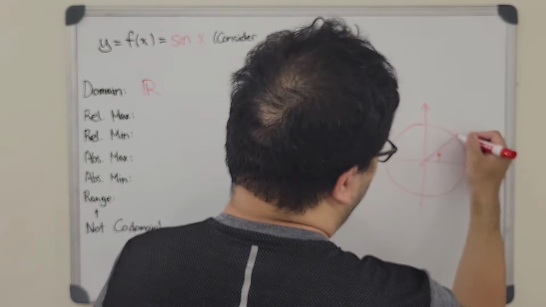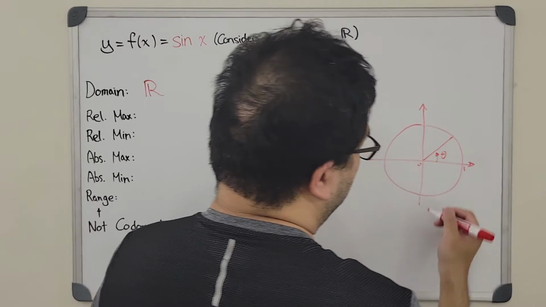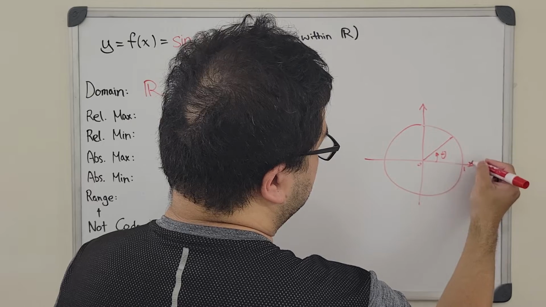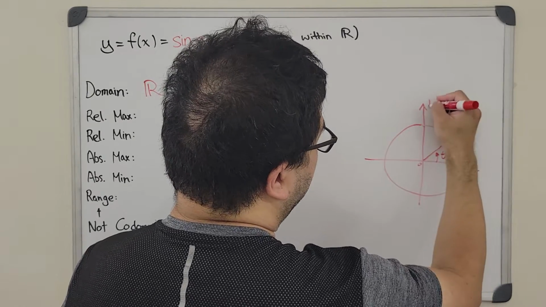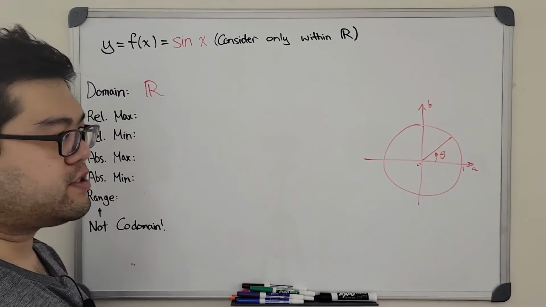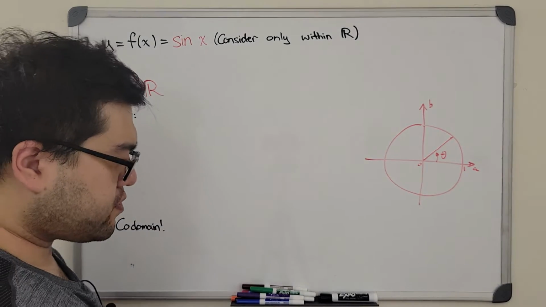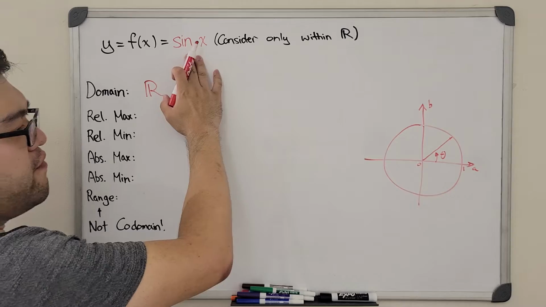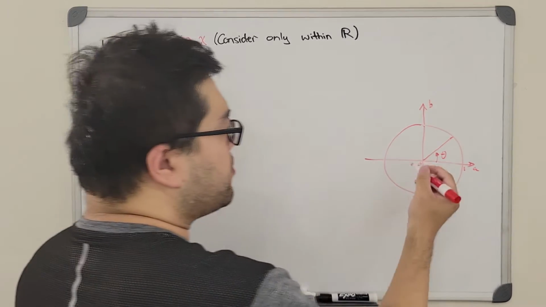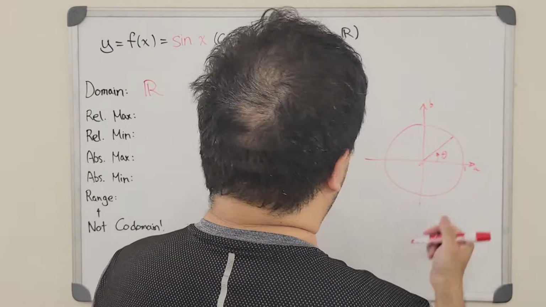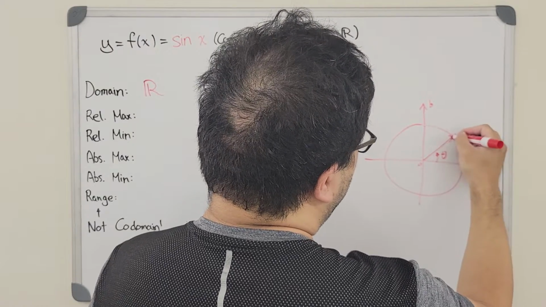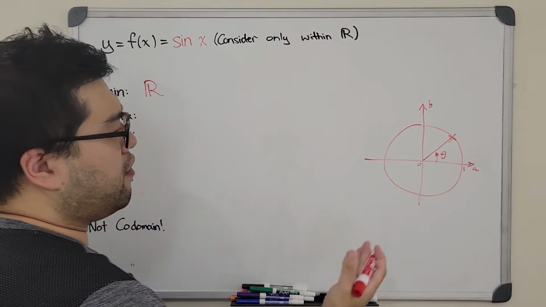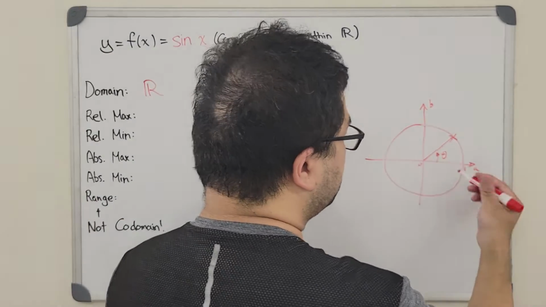Usually we use theta, and then here are the two sides, a and b. I'm going to use a and b instead of x and y, so that we don't get confused with this function here. But then, how do we determine the